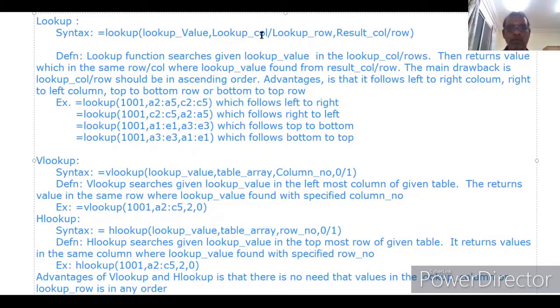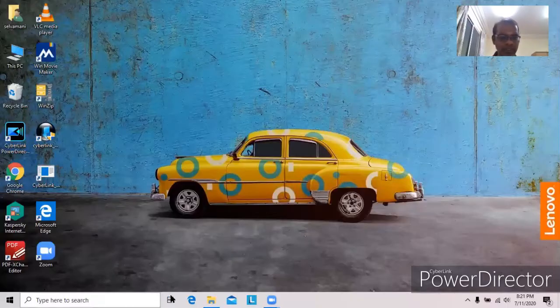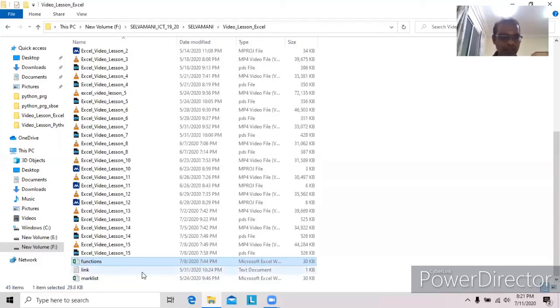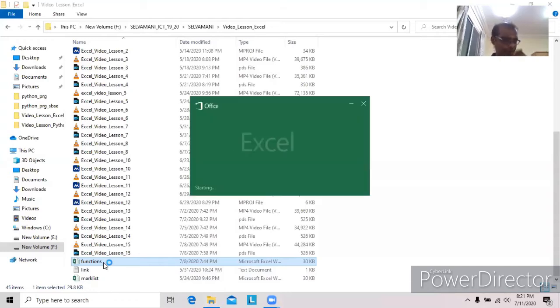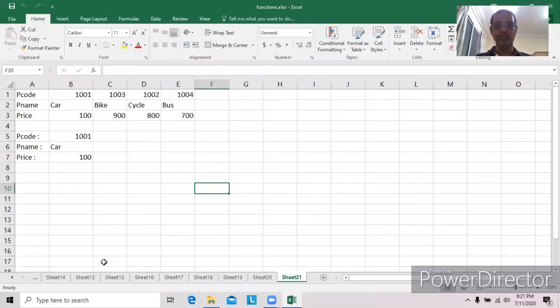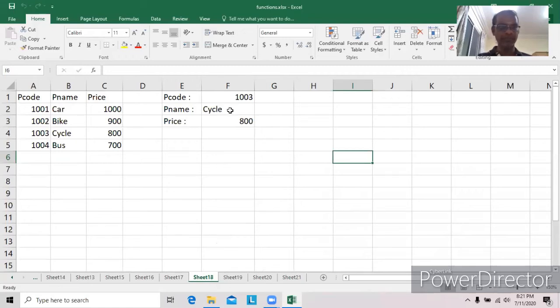Just a minute. Once again, we will go to our functions. First, we will see the 4 cases of the LOOKUP function. Then we can go for HLOOKUP and then VLOOKUP. So I just copied simply.